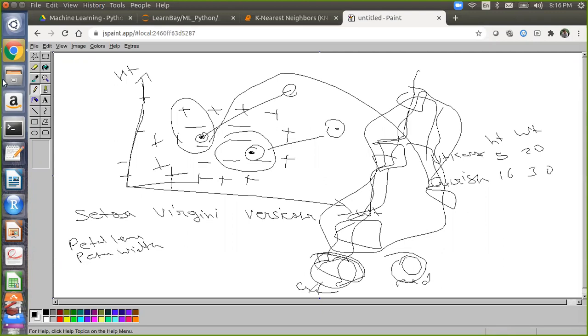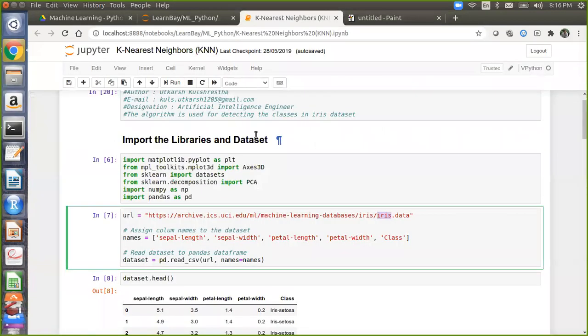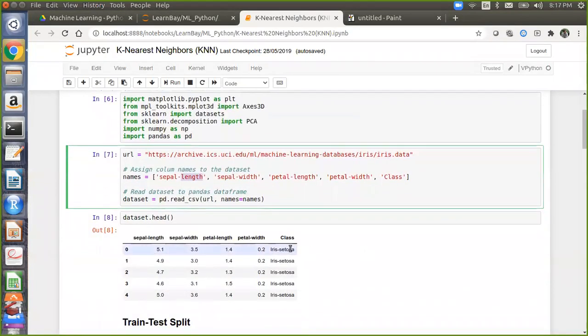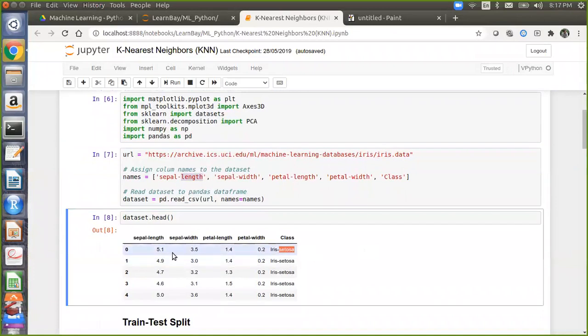He was trying to find out whether he can decide which class a particular flower belongs to on the basis of petal length, petal width, sepal length and sepal width. He manually collected this data, measuring the lengths of the flowers of each type with a scale, and recorded in the data set that if a flower belongs to Setosa, then the sepal length is 5.1, 3.5, 1.4. If a particular flower belongs to Virginica, then what are the features?